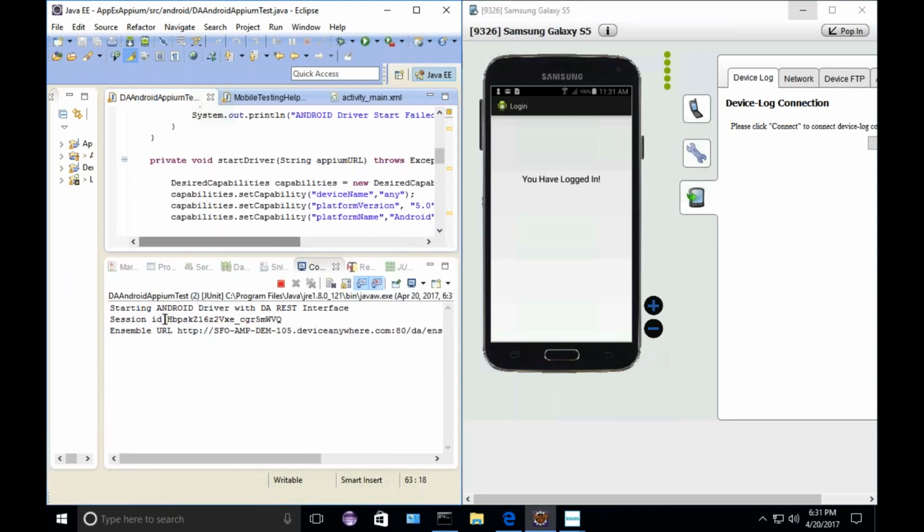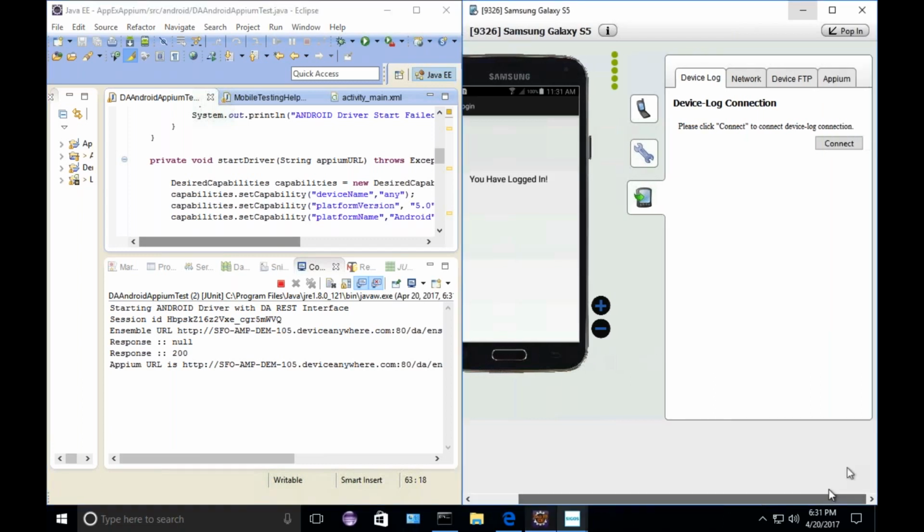And we start the Appium server with a new session ID. Instead of setting this prior to, you can hard code in the value of the Appium server. They've made it so you can start the Appium session right inside your device screen, and you could just copy that URL.